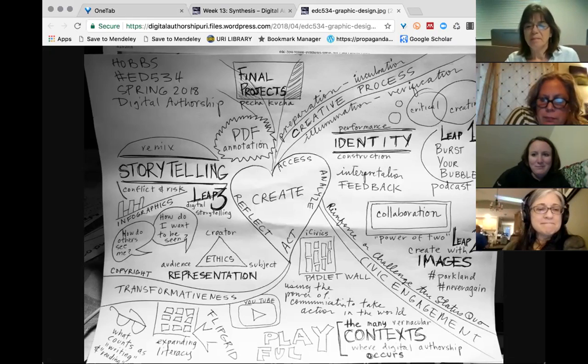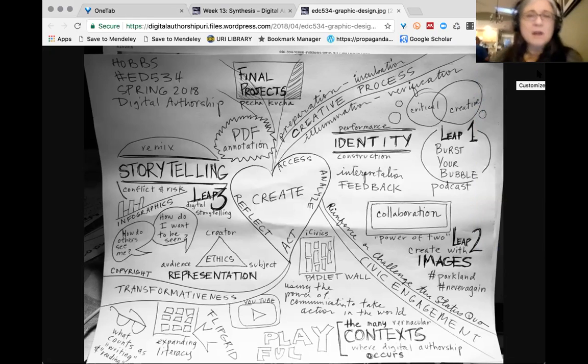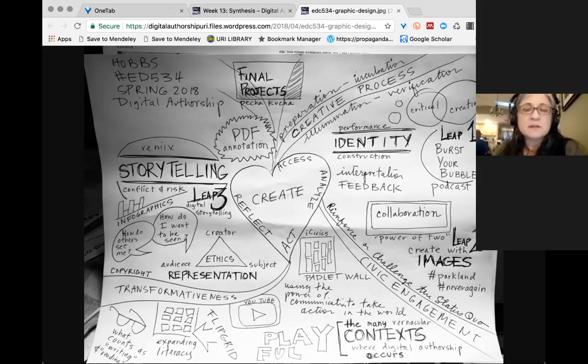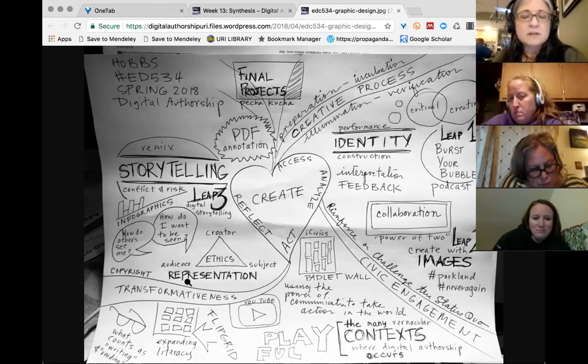Jamie. All right, so what I notice right away is the heart in the center, and it makes me think about, we've been talking about the head, heart, and spirit of the person, and that really connects to me, I guess, and stood out. Nice. Thank you so much for sharing. That's really a nice way to kick us off. Who's next?